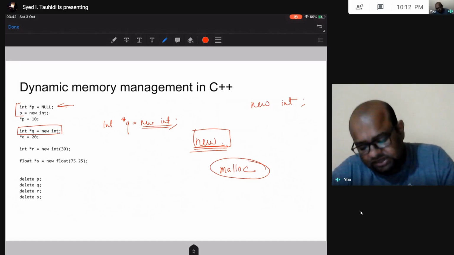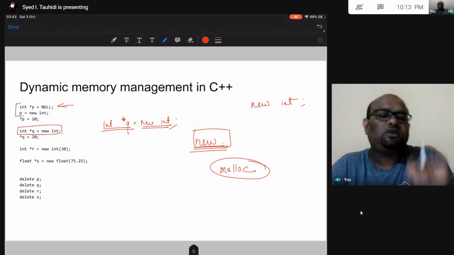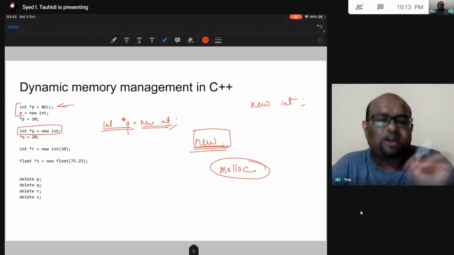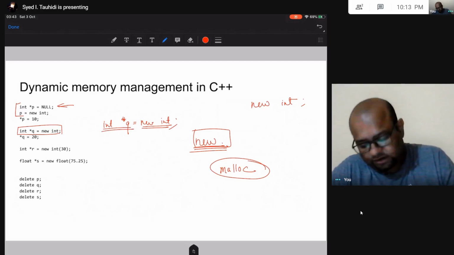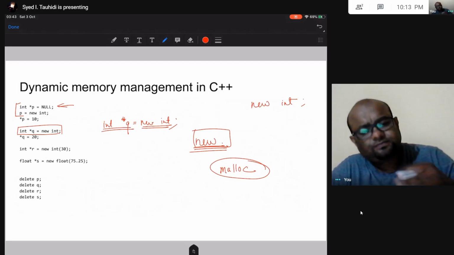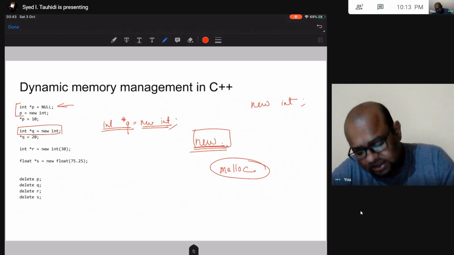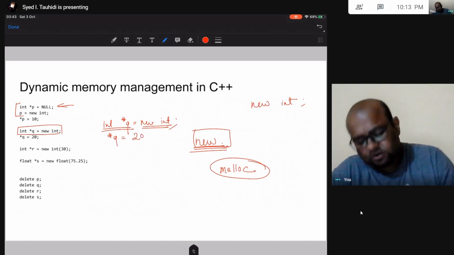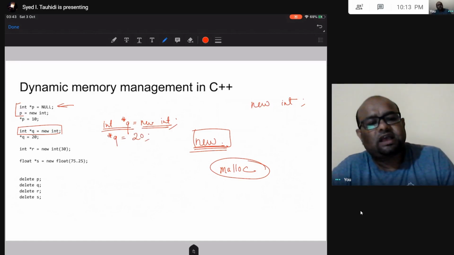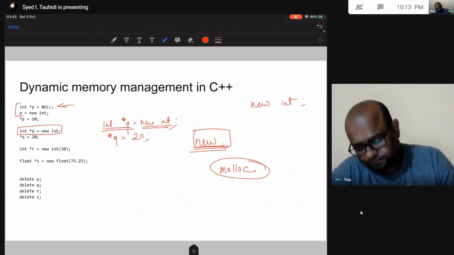So this integer pointer is pointing to a space in heap where I will store an integer. Alright, so q holds the address of that memory location in heap where I am going to store this integer. And now let me store an integer in that location. I am going to write *q = 20.